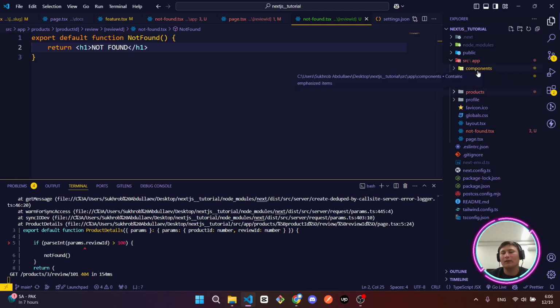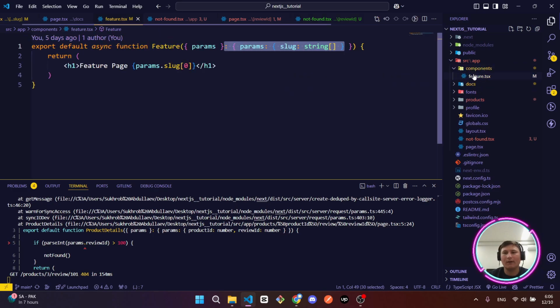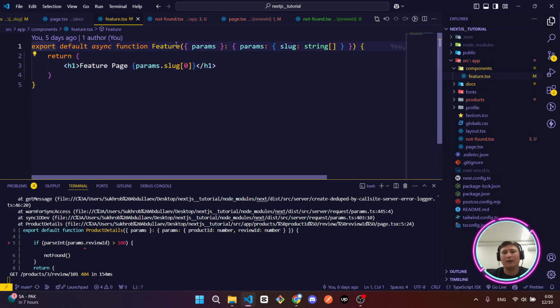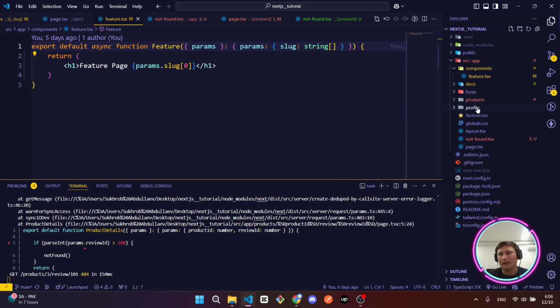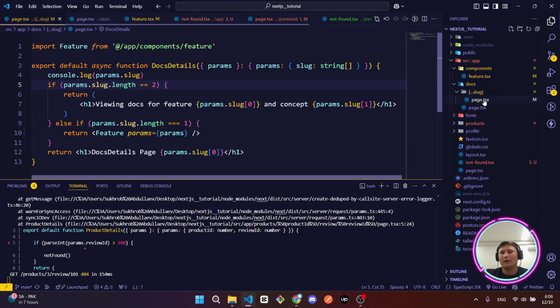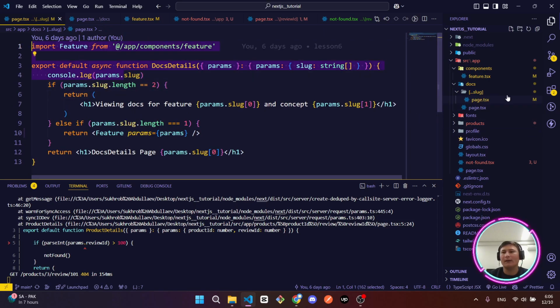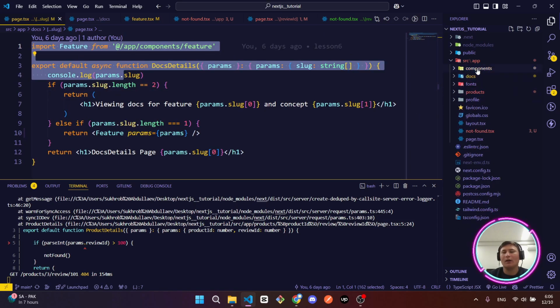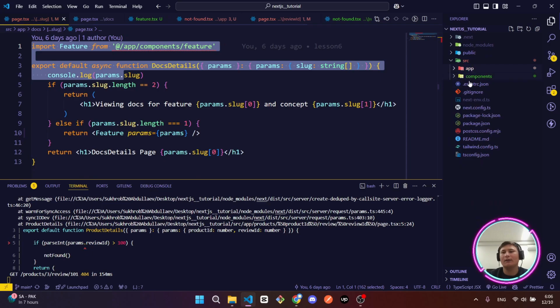First of all, I would recommend just focusing on the components right here. For example, if you remember that case, we just created the feature.tsx file and imported it into the routing component, right? Yeah, for example, right here. That's working, but I would recommend that components be placed in the source folder,